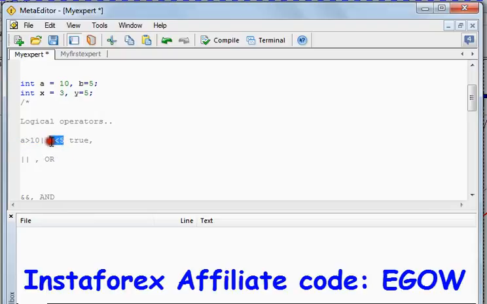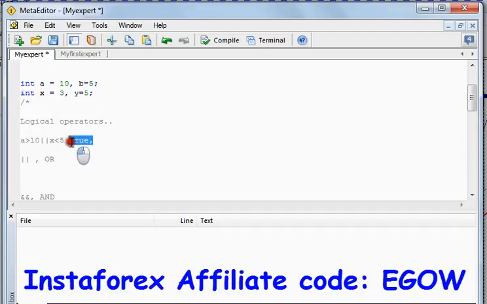If only one of the statements is true, it will return a true value, and if both of them are false, it will return false. If both of them are true, it will return a true value.